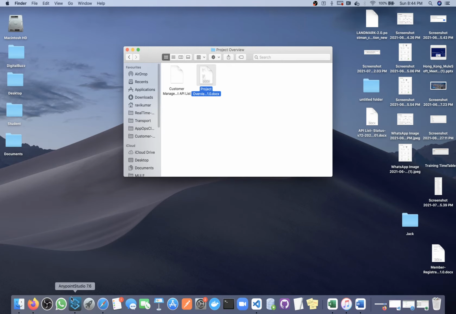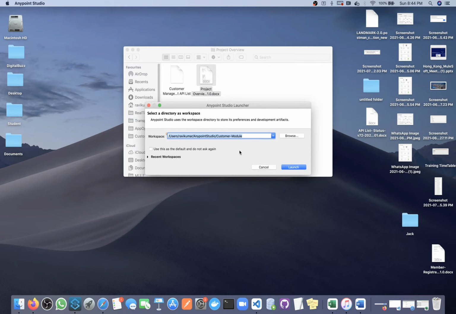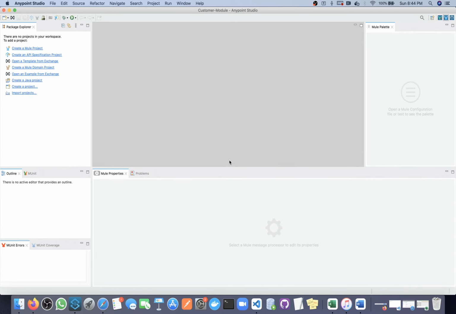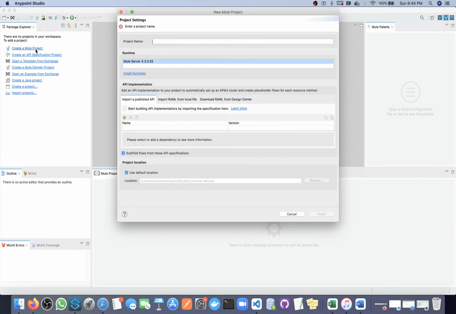So whatever we are developing here, if you go inside Anypoint Studio and I create one Mule project, is this our Mule API or is this our application? Can anyone tell me, whatever I am going to create, what term we will use for this? Application.